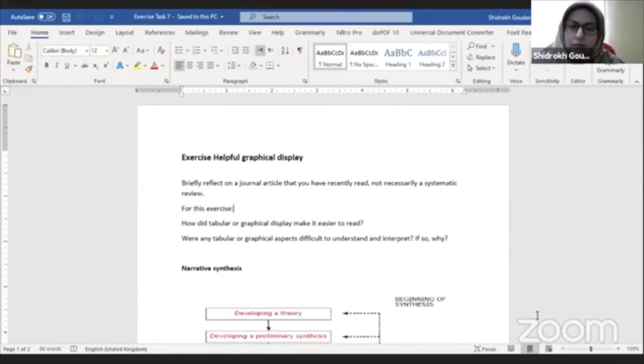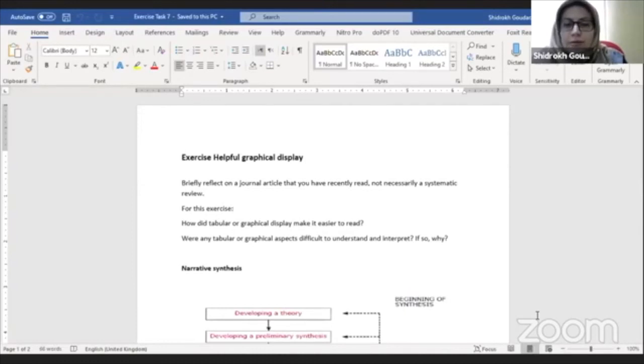For this reason, we need to use a method. Some of the paper they use data meta-analysis software, and it is up to you. You can use this, but I want to recommend to you to use a narrative synthesis because after preparing the database, after collecting the data and filtering and categorizing and clustering the data, you need to